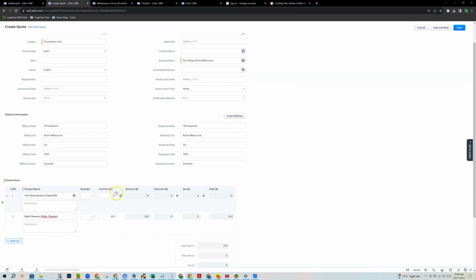All right, so what I've done is I've basically selected two products and I've rightly or wrongly selected two different price books for them, which is not great. This customer is a gold customer, so they should both be gold. But people can make mistakes. But be that as it may, that's how price books work, and that's how you work them into your quote, right? So I can now save this,